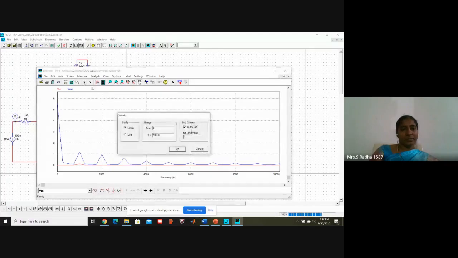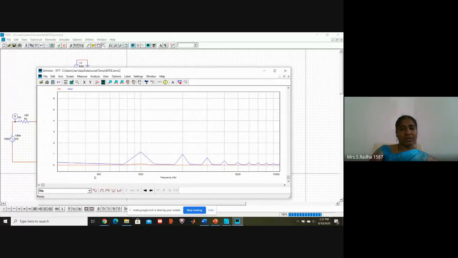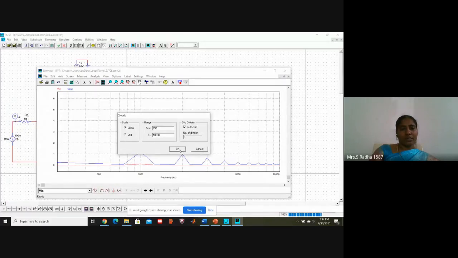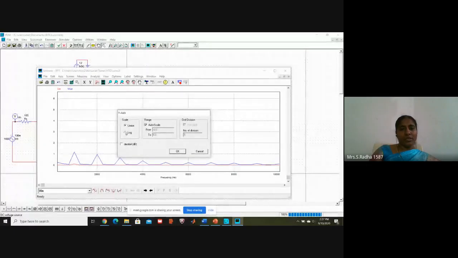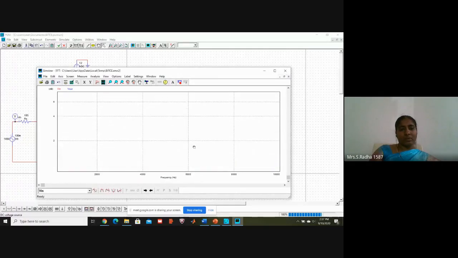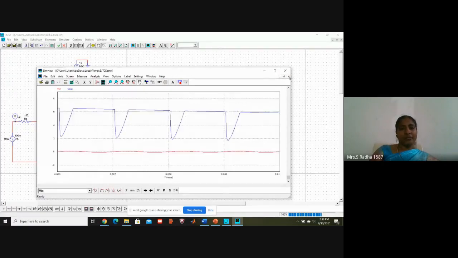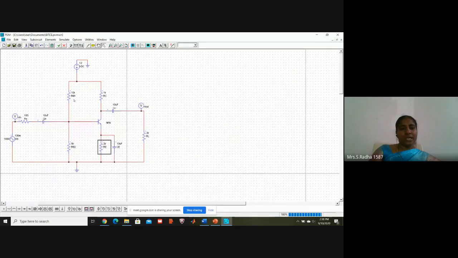If I change X-axis to logarithm, frequency will come on X-axis. Linear graph was there earlier, up to 10,000. Y-axis, if you change to logarithm and dB, decibel, okay, Y-axis will come in decibel. Okay, in this portion there is no graph, that's the problem. This portion there is no graph, that's why it has become empty. We have to fix the range in which we are having output waveform and input waveform, so that we can see the waveform. Okay, this is about BJT as an amplifier.